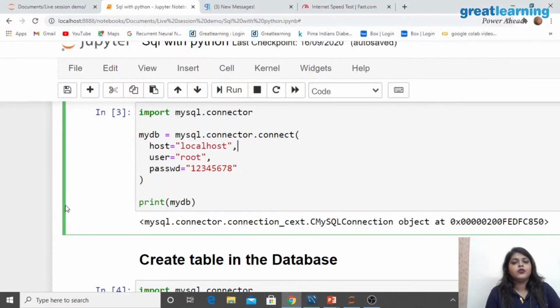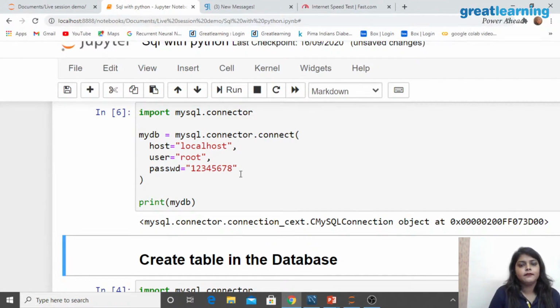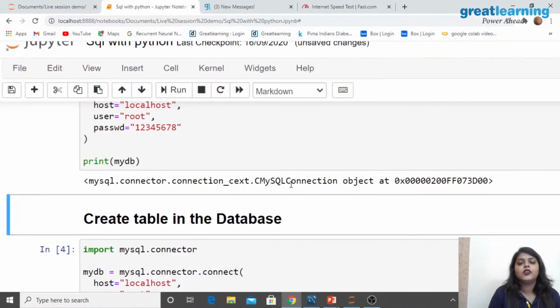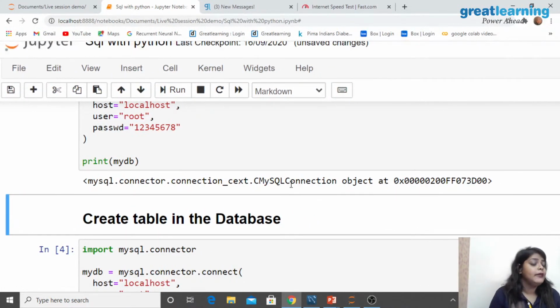Now let's go back to there. You can see the host equals to localhost, you can see the user equals to root, right? And password equals to, I have given the password. While you are going to install MySQL, you have to give the password, right? So for my case, I have given the password 12345678, right? Let me just execute that. Okay, you can see the MySQL connection is already connected with my MySQL. So